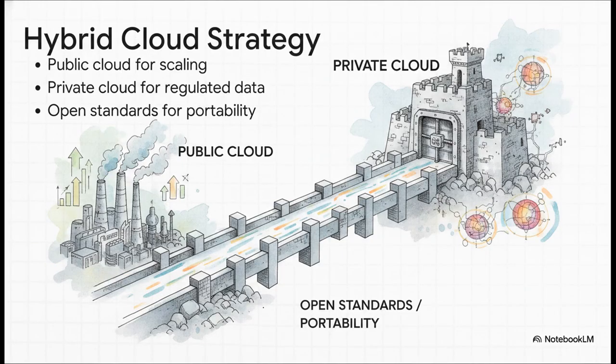Now, the smartest way to pull this off is through a hybrid cloud strategy. It's about getting the best of both worlds. You use the public cloud for your non-sensitive workloads that need raw computing power and massive scale. But then, you lock down your absolute core systems and your highly regulated data in a private or sovereign cloud. The golden rule here, though, you must prioritize open standards across the board. That is the only real way to ensure true cross-cloud portability and dodge that lock-in trap we just discussed.